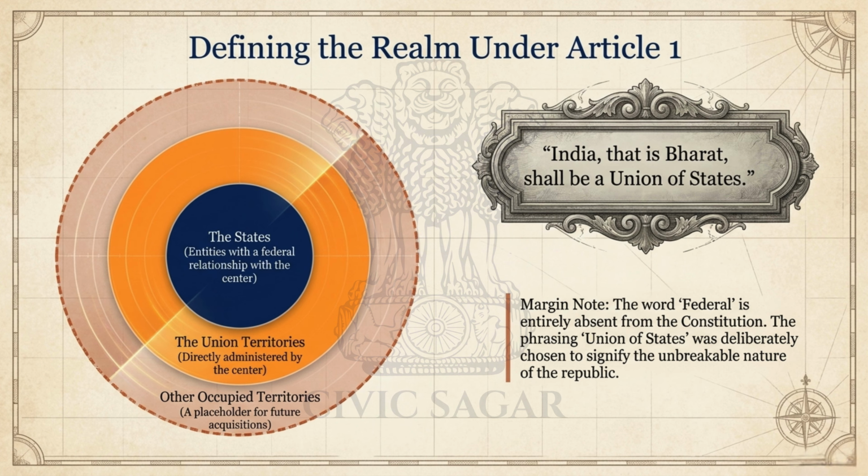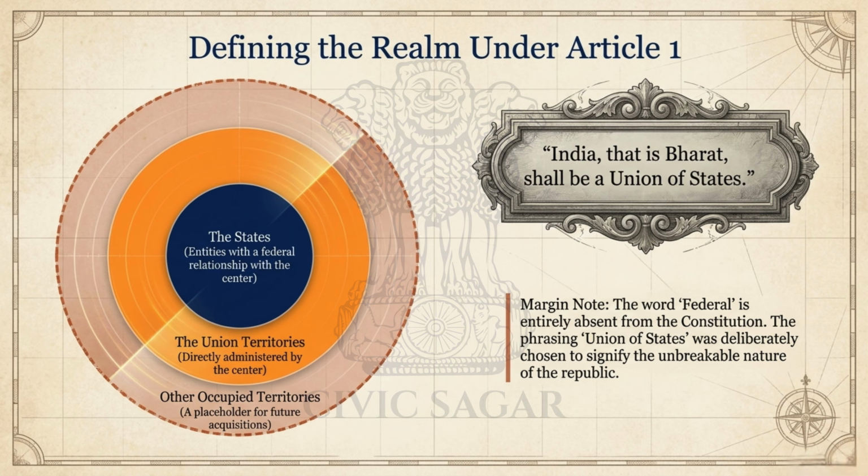We begin by examining the foundational bedrock of our nation, Article 1 of the Constitution. The text explicitly declares, India, that is Bharat, shall be a union of states. This article categorizes our territory into three distinct types: the states, which maintain a federal relationship with the center, the union territories, which are administered directly by the central government, and finally, other acquired territories, which serve as a placeholder